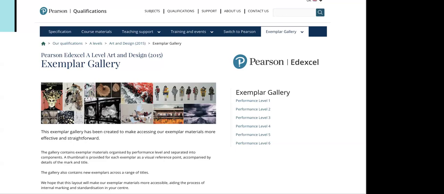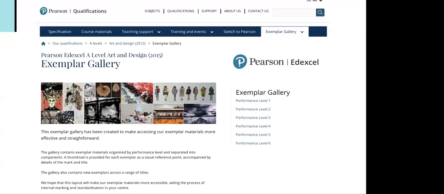And that's one of the things that was commented on quite favourably from last year's moderation series. As we went round as moderators visiting your centres, the majority of comments that came back were about how pleased everyone was with the improvements to the exemplar gallery. We've put lots more work on there, and obviously it grows and refines. I would suggest that you download all of those onto an iPad or a laptop and keep an archive yourself,